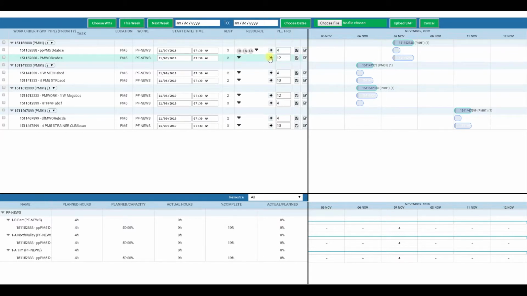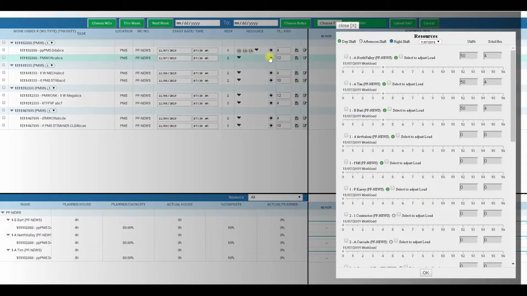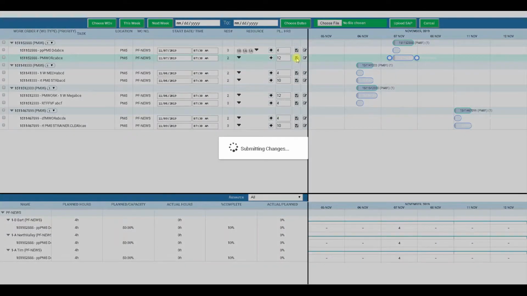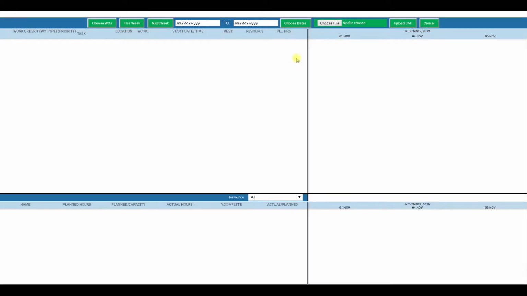In the same way, if we go in there, we can attempt to defeat the system by selecting the same resource that's already been allocated for the first task. And what you can see here is that that 12-hour allocation is on top of what has already been allocated for the first task. This, when we select OK and save in an attempt to override the system, which can